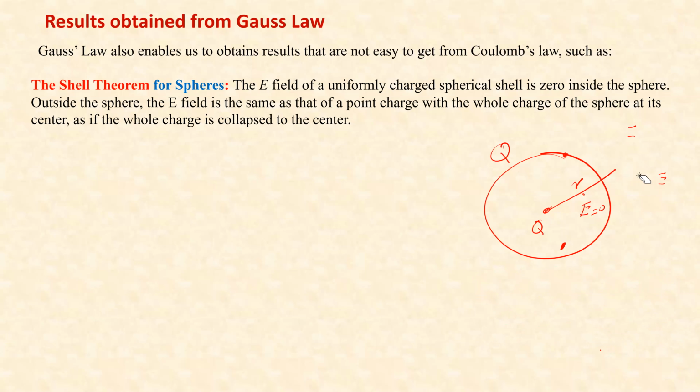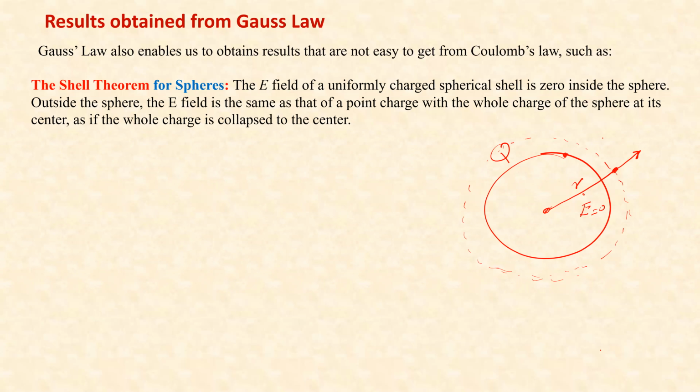So let's say we want to find the electric field at this point, at that distance R from the center. And the charge is all over the surface, and it is uniformly distributed. We take a Gaussian surface again, a spherical Gaussian surface that is concentric with this sphere. Again, we make an argument that, because of the symmetry, the electric field should be directly outward or inward, depending on the charge, and there should not be